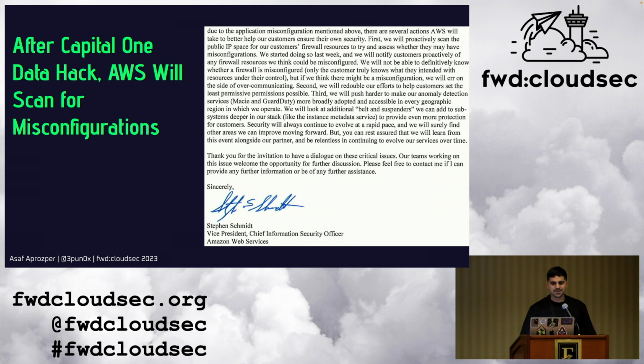You know, after the Capital One breach in 2019, which happened due to user misconfiguration of security groups, AWS announced they will proactively scan their customers' public IP addresses to identify potential misconfigurations. Interesting. I never heard of that. But if it happens, AWS, please add this lookalike misconfiguration to your toolset while you are scanning the IP addresses